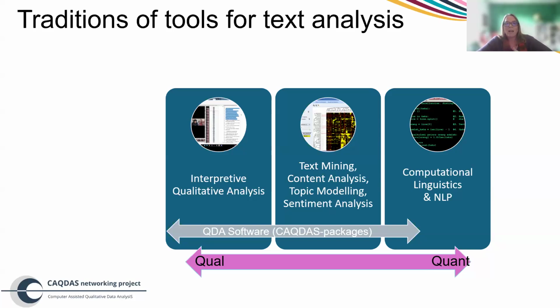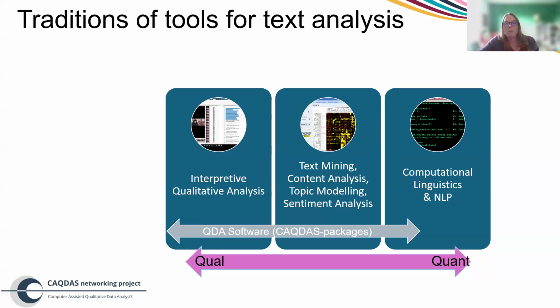And alongside that, we had the tradition of text mining, exploratory ways of looking at texts, which also applied natural language processing and used various different supervised and unsupervised machine learning techniques for the rapid extraction of topics, themes, and patterns in textual material. So those are both sitting more towards the quantitative end of the methodological spectrum. And alongside that, we had sentiment analysis, automatic document classification, things like that.